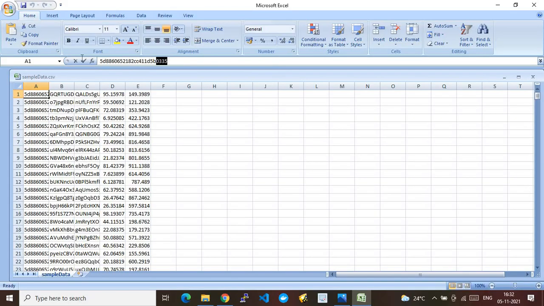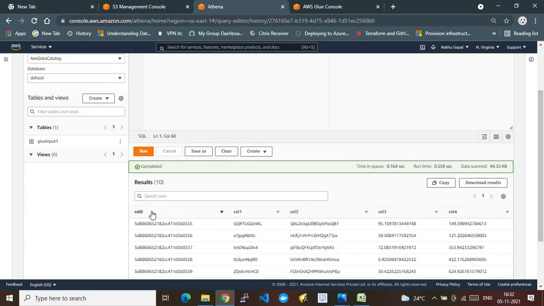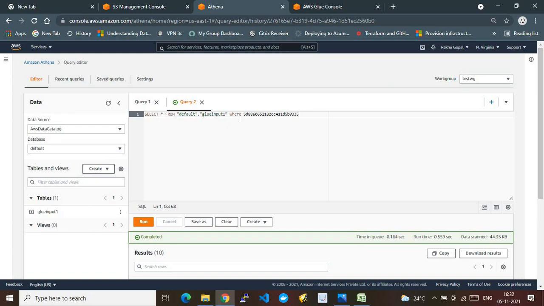I can run the next query. I will edit this query and just add a where clause on the column, col0, which is nothing but column 0.